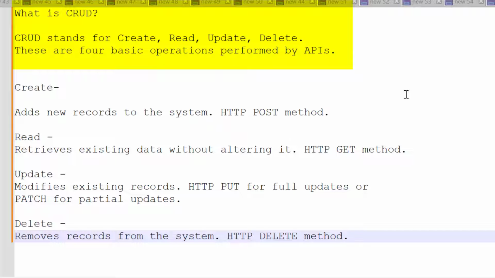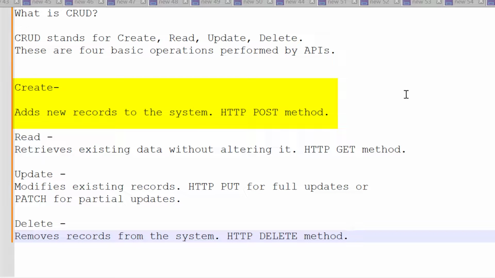CRUD stands for create, read, update and delete. And these are four basic operations which are performed by APIs. So suppose you have an application which registers the user, and if you want to add a new user, then basically you will need an API which will take the required data to get registered and create an entry in the database. So this API will be a post API. Post is the HTTP method here. So any post API is supposed to create new data in the database or anywhere where you are storing